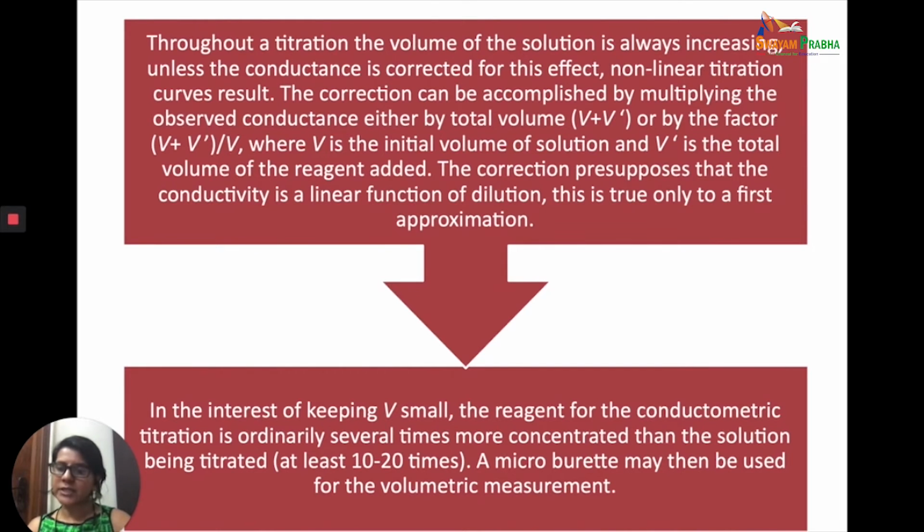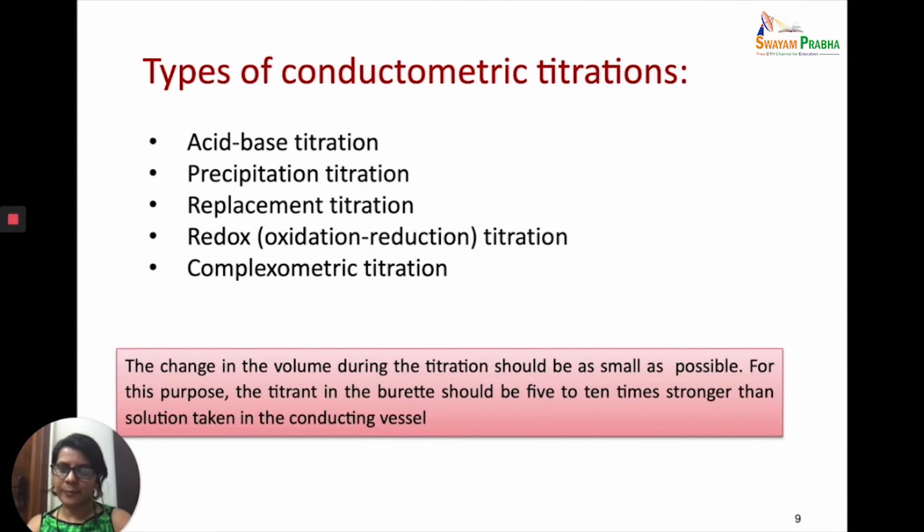And this way you can get an acute kind of graph instead of an obtuse type of graph. Now, various kinds of conductometric titrations are done in your classes. Most of the important ones are acid-base, precipitation, replacement, redox, and complexometric titrations. The ones most commonly done in the labs are acid-base and precipitation in the MSc labs. Complexometric titrations are also done in the MSc labs, but some of these titrations are not part of your syllabus